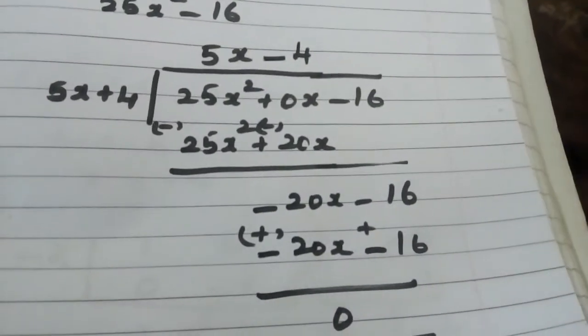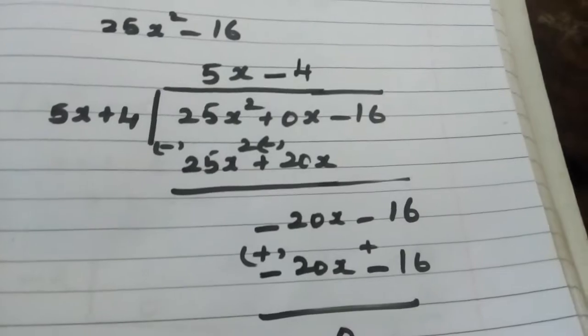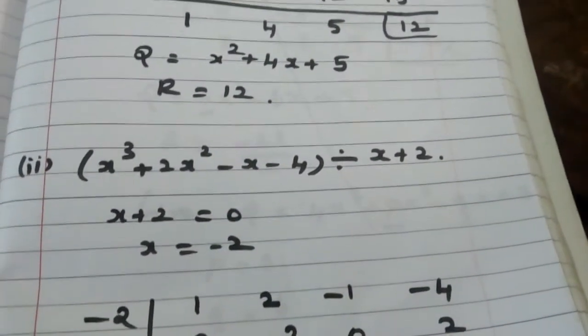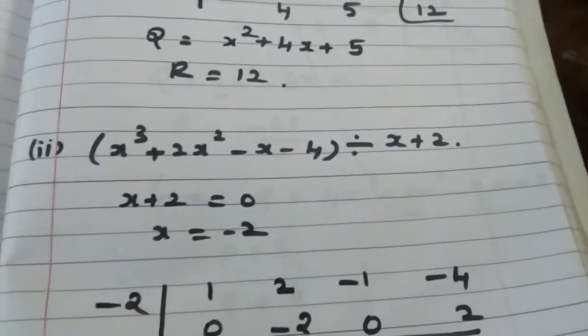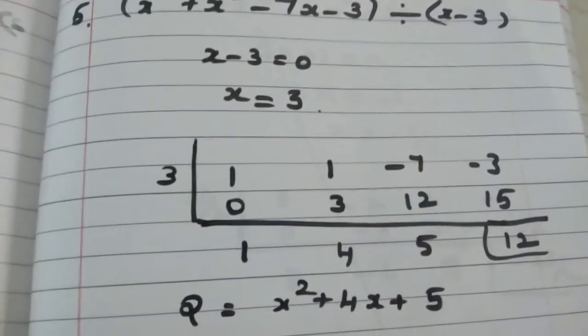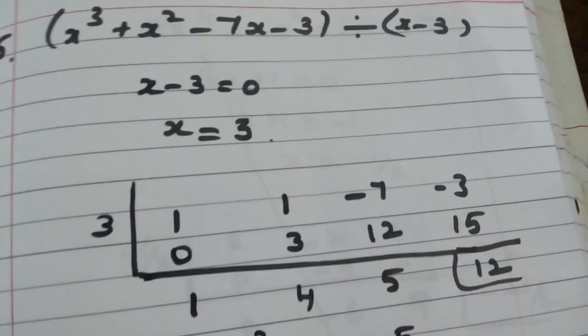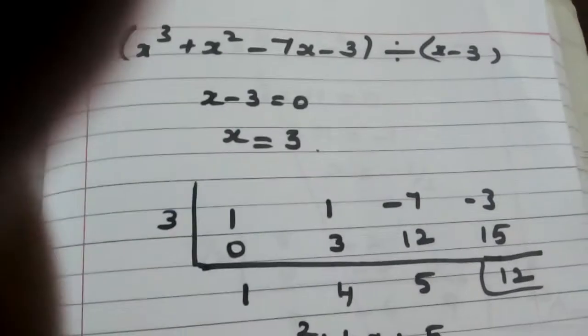Then we can go to the next process is synthetic division. So what is the synthetic division is? Fifth Roman letter. Find the quotient and remainder by using the synthetic division method. This is also a simple method only. If I teach one sum, then you can do it. Is it clear? Synthetic division is also another part of the division. So how we are going to do here?